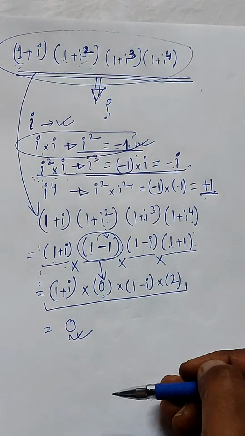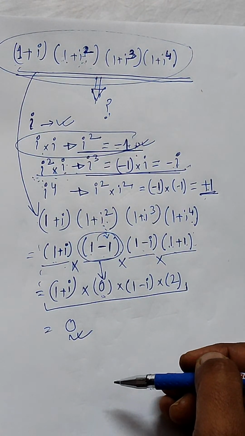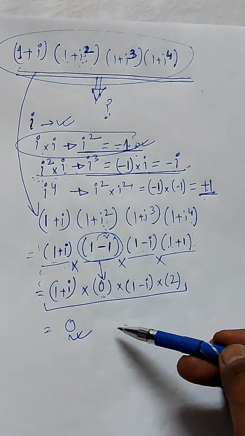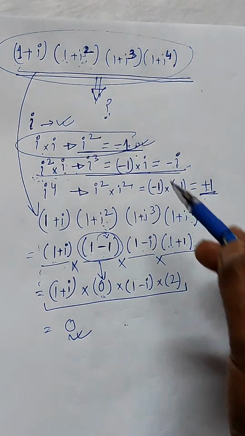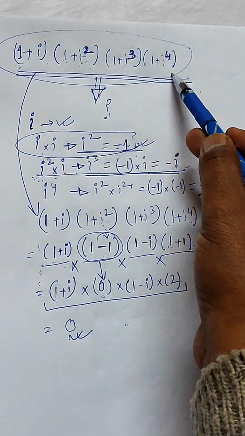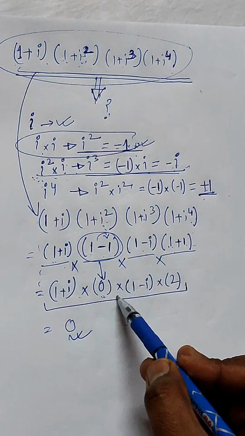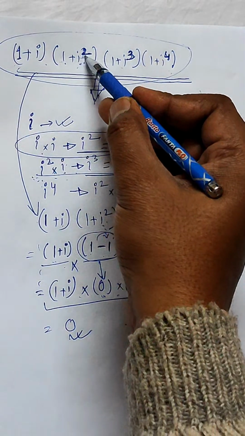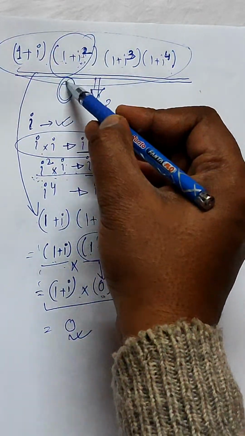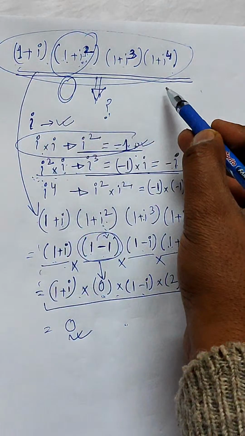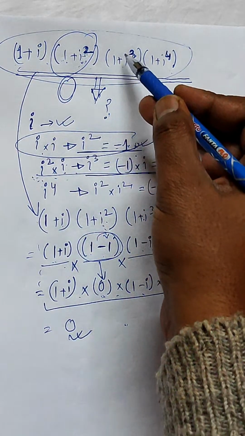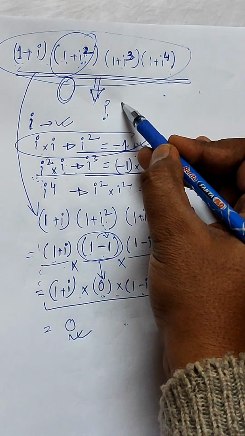You will just solve each and every question very quickly. As I said in this question, rather than solving and going through these steps, if you observe the question very carefully, you can see these all four brackets are in product. Okay, and the value of I square is -1. So if the value of the second bracket is coming as 0, the entire four brackets product will be coming as 0, right? So in a fraction of seconds you will be able to solve this question,